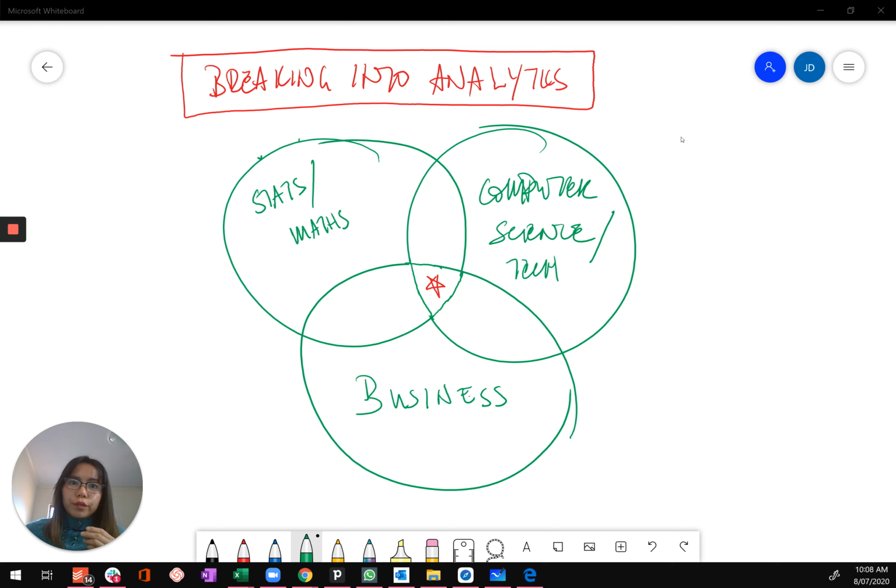Kaggle, I'm not sure if that's still really big, but it was certainly very big a few years ago. But just anything that demonstrates that you can independently take a data set and then visualize it or model it or analyze it and basically tease out the story within those couple of thousand rows or couple of 100,000 rows or even a couple million rows. That would really demonstrate that you have certainly the potential, if not already the ability, to be in that quadrant. I hope this helps.